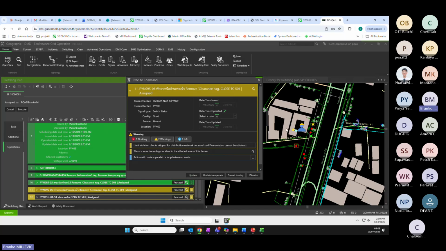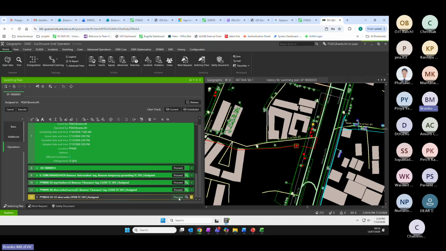We can also again see that field crew symbol is presented on the network view. And when field crew updates us on the work being done, we can update it in the DMD. Now we can see that we again have the mesh network, and we can smooth this and try to